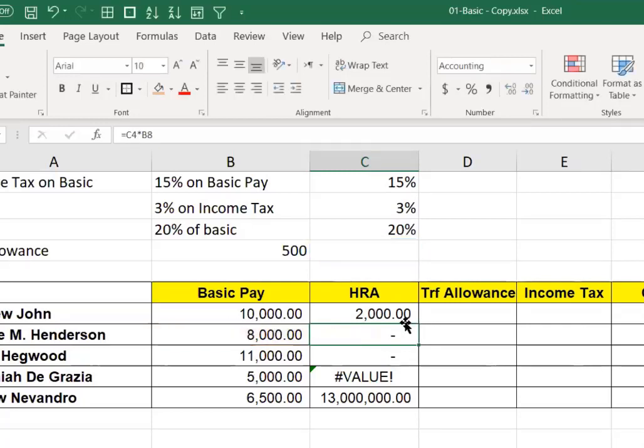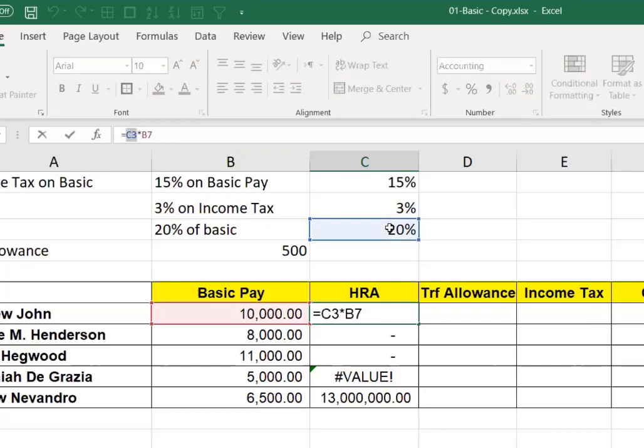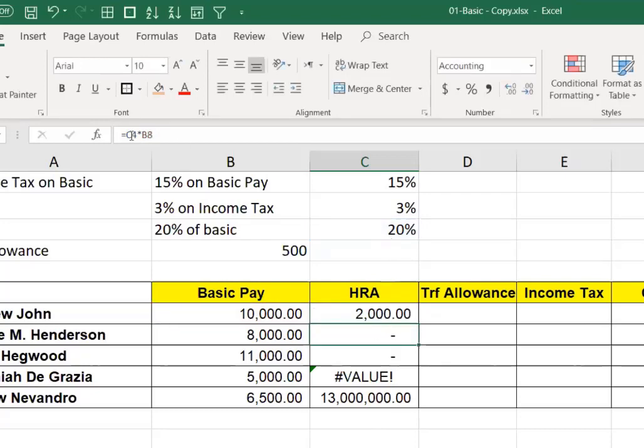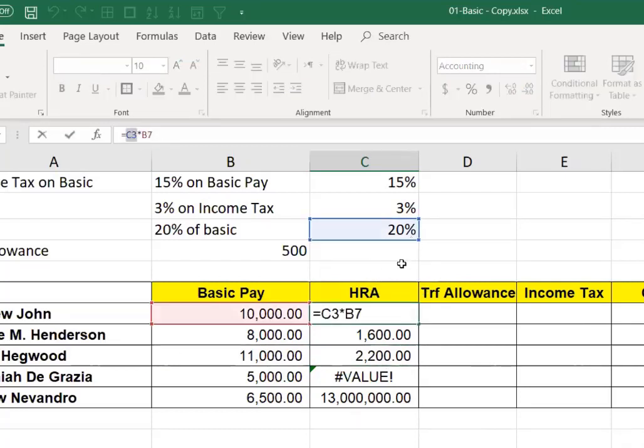So what we should be doing is, we should lock this part, the C3, because when we copy the formula down, it is going to change. Otherwise, every time after copying, you have to go here, make it C3 here, and again here make it C3. So this is a headache. All the time you have to do it. So instead, make this C3 locked. How to lock it? Select the C3, press F4, function 4.